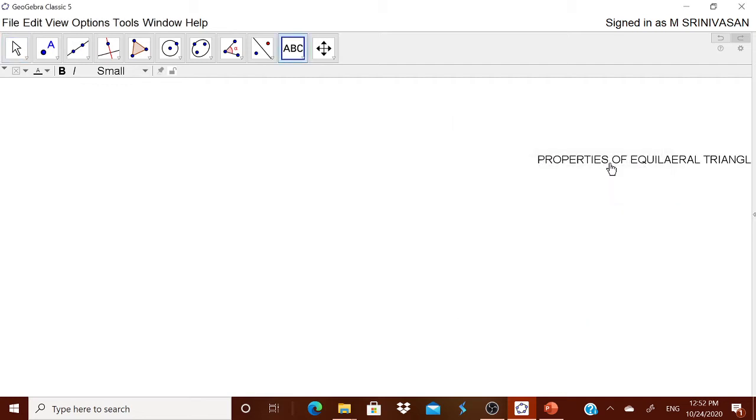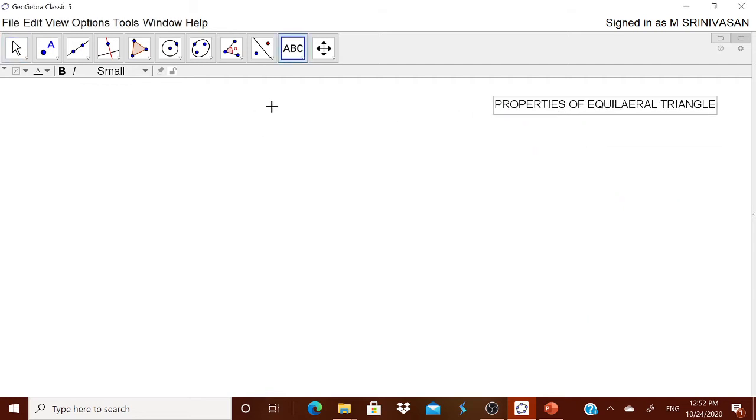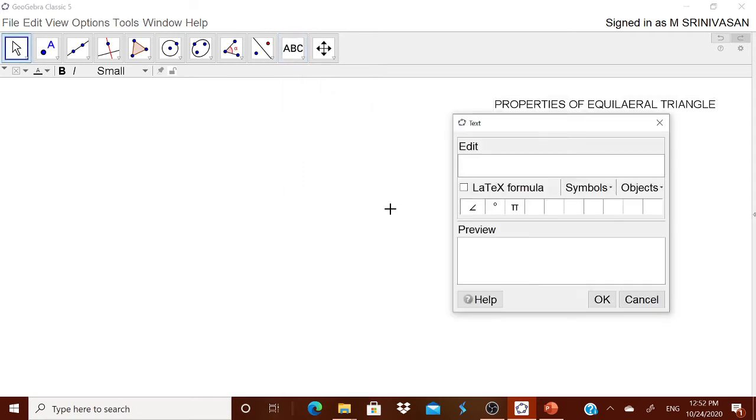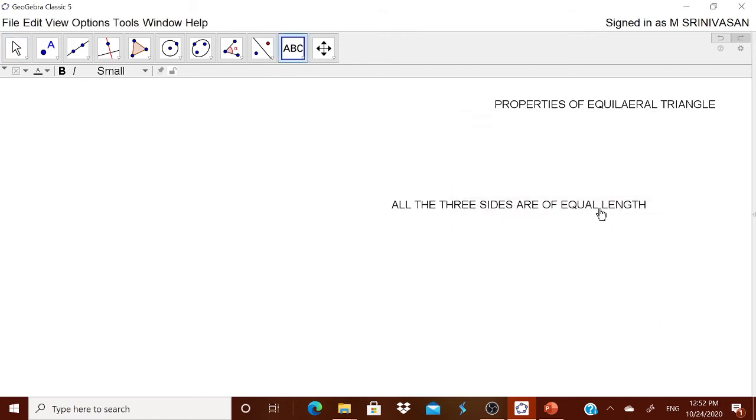Let me click OK. You can ask the children what they mean by the first property, on sides. The child will tell that all the three sides are of equal length. Anyway, whatever they want, they will tell.